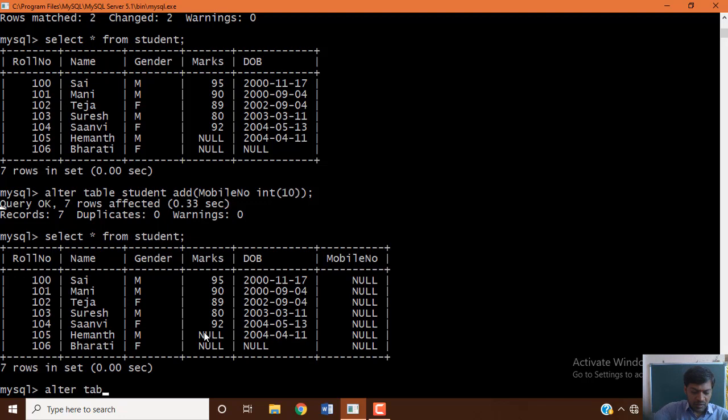Then you can use alter table student, adding one more field, and we will set it up with a default value.